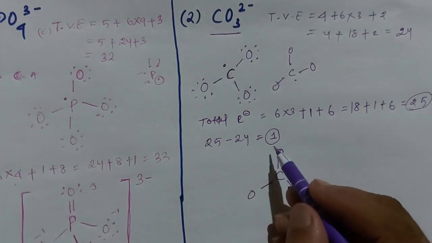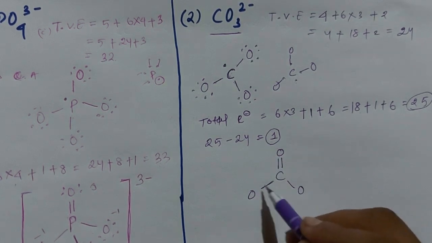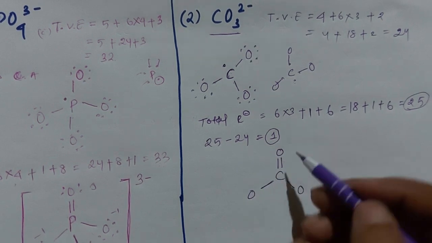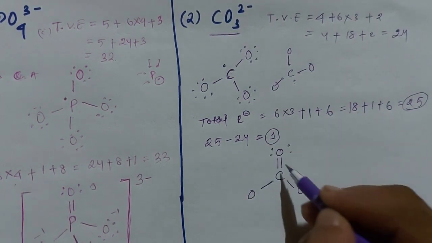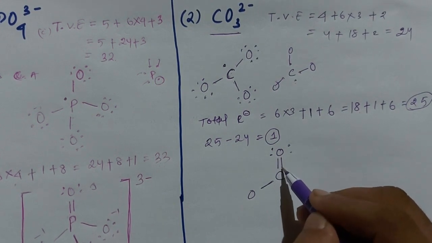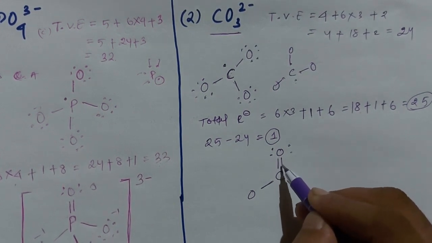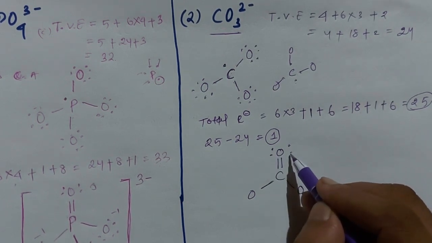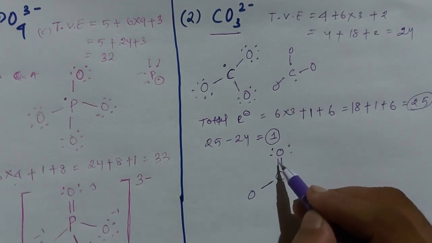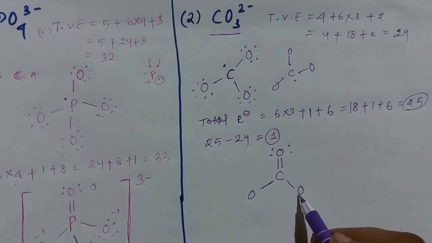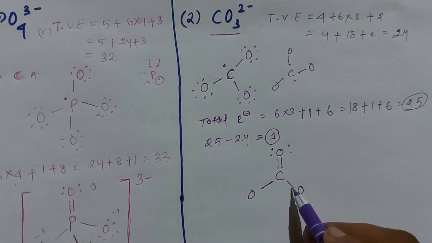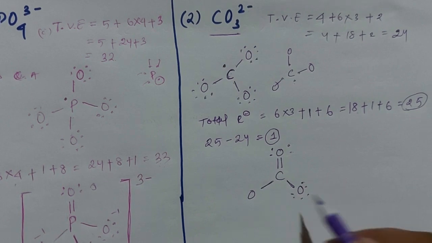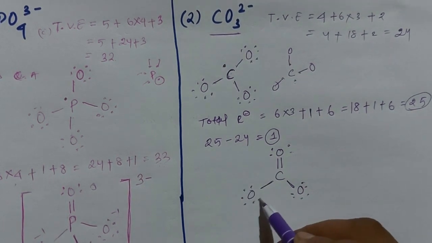Now fill the electrons around the central atom and terminal atoms so that all the atoms satisfy the octet electronic configuration. This oxygen contains a double bond. Double bond means 4 electrons, so it needs another 4 electrons, 1, 2, 3, 4, for octet configuration. So the total is 1, 2, 3, 4, 5, 6, 7, 8. Now this carbon and oxygen contain 2 electrons, that is 1 bond, 2 electrons, so it needs another 6 electrons. Now this also needs 6 electrons.